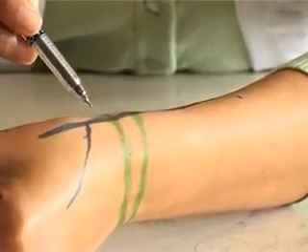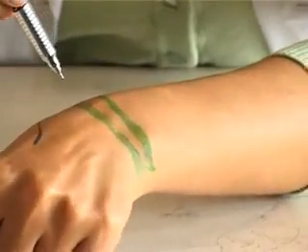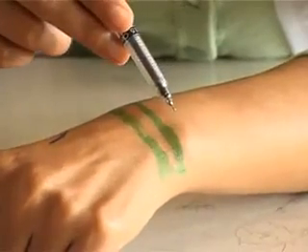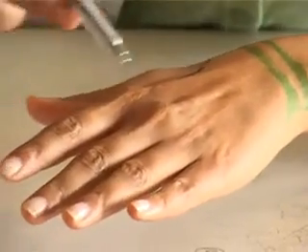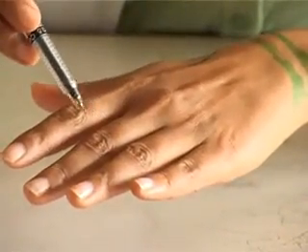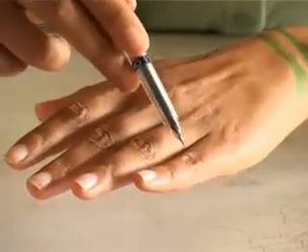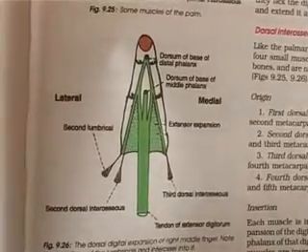4 tendons of extensor digitorum cross the respective metacarpophalangeal joint and form an extensor expansion on the 2nd to 5th digits. The dorsal digital expansion of